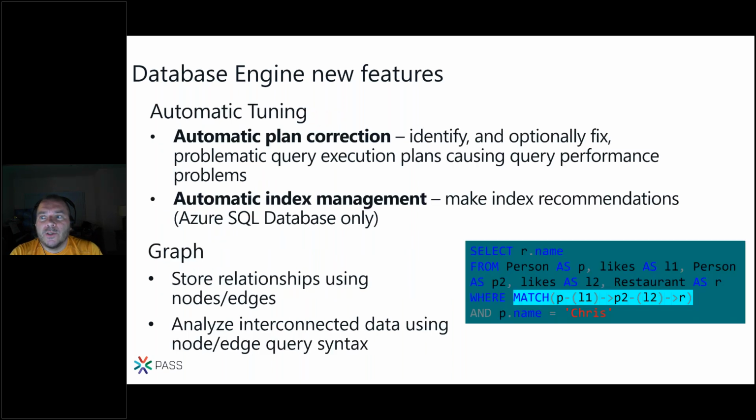Another very interesting feature that we introduced in SQL Server 2016 is automatic tuning, which is essentially a technology that allows you to identify and optionally fix query execution plans based on different kinds of scenarios where we see that the query plan is having a regression. So some execution plan that used to work very well is not giving the same performance anymore because of, let's say, application changes or the data changes and so on.